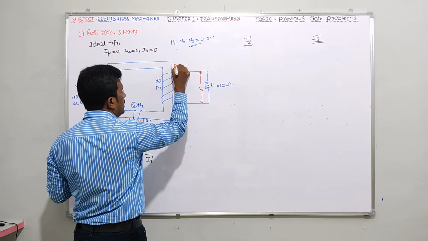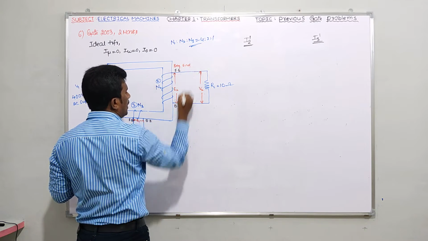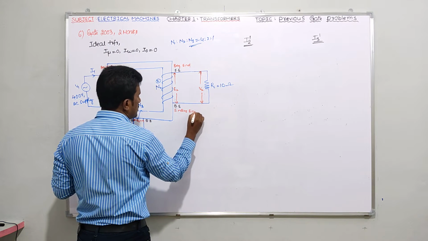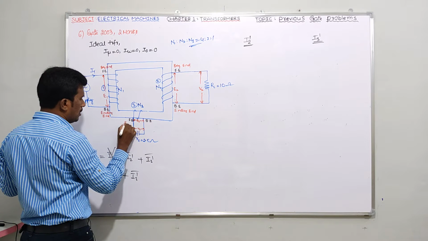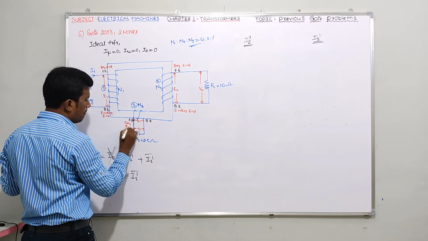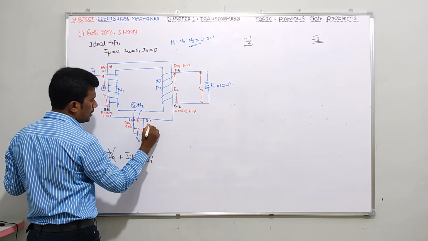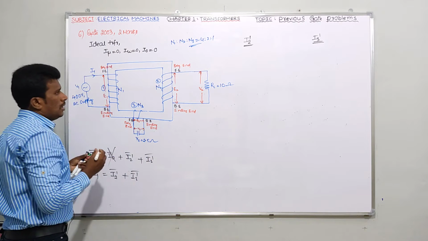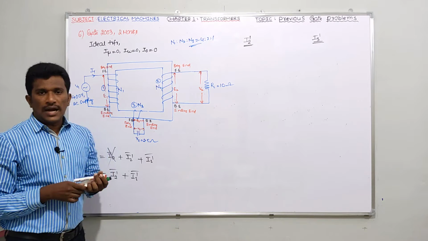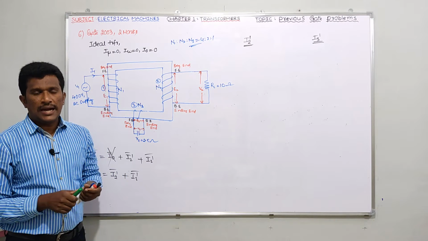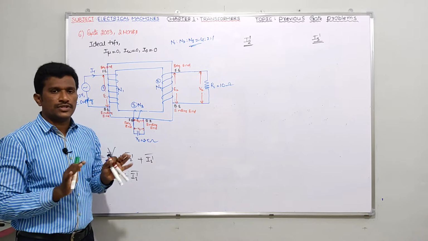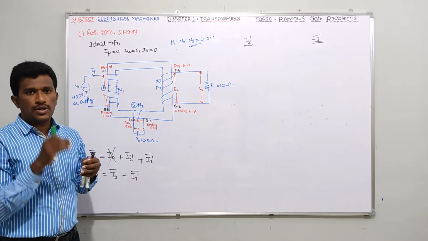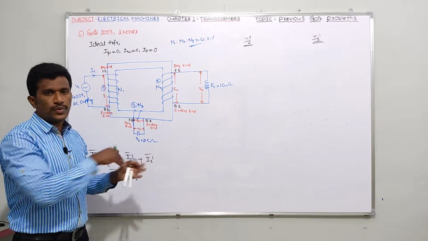So similarly it will indicate everywhere. Front end means beginning end. Back end means ending end. Similarly here also front end means beginning end, back end means ending end. And I told you we have to assume dots at the beginning end or ending end of a coil, our wish. But if you assume dot at the beginning end in the primary winding, you have to assume dots at the beginning end only in the secondary winding and tertiary winding also.